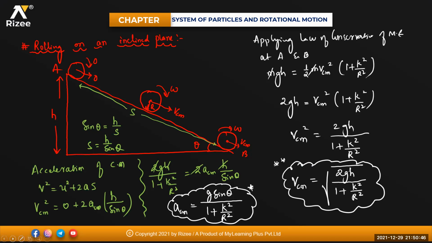Once again, rolling on an inclined plane, beta. When the body is at the highest position, the body possesses only the potential energy. There is no rotation and there is no translation. Initial kinetic energy and initial rotational kinetic energy are 0. So it only possesses the potential energy at the highest position, that is mgh. When it starts rolling down, it comes to the ground with a certain velocity, isn't it? When the body rolls and comes to the lowest position, the body will possess both potential energy as well as kinetic energy.